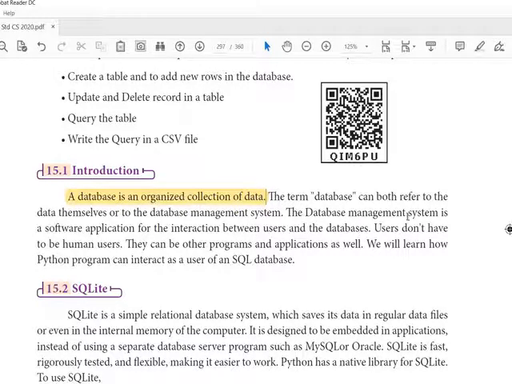The database management system may vary: Oracle, FoxPro, SQL, many management systems are there. Users don't have to be human users. They can be other programs and applications as well. We will learn how a Python program can interact as a user of the SQL database.